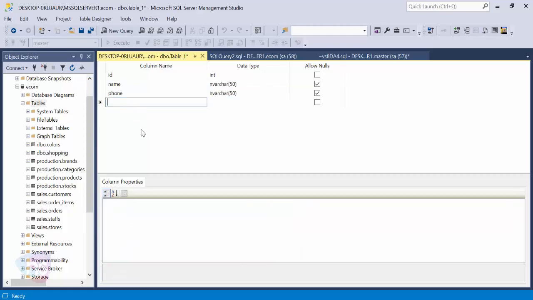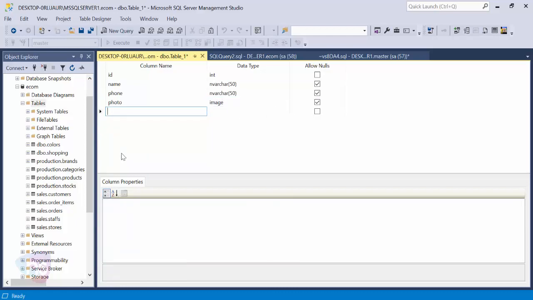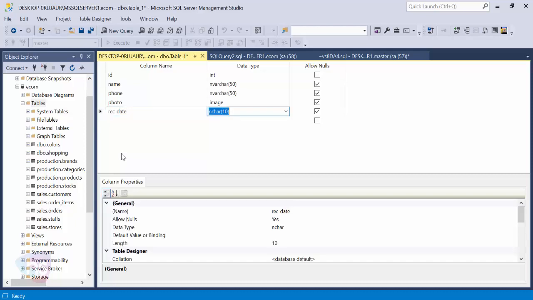Next one is an image for the photograph of the person; I'm taking the image data type. And the next column is record_date. For this I'm going to take datetime, since I require both date and time.